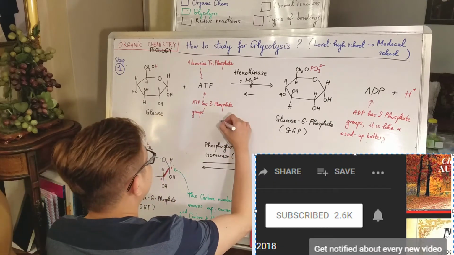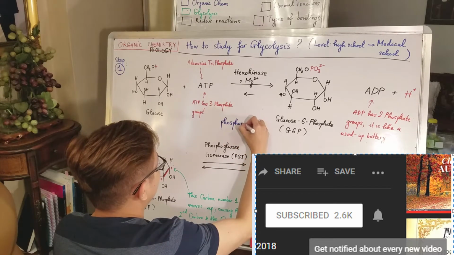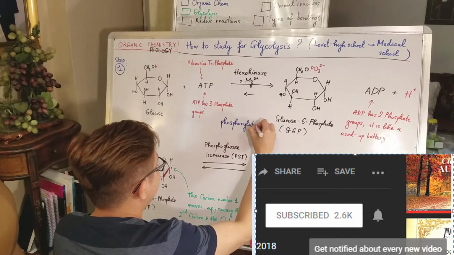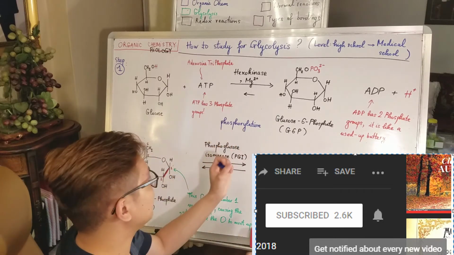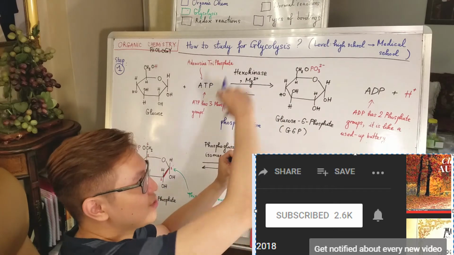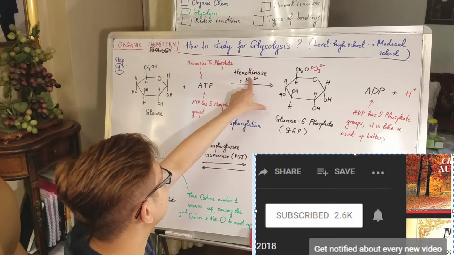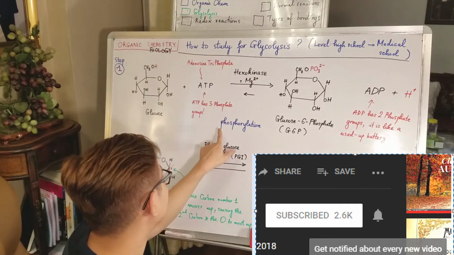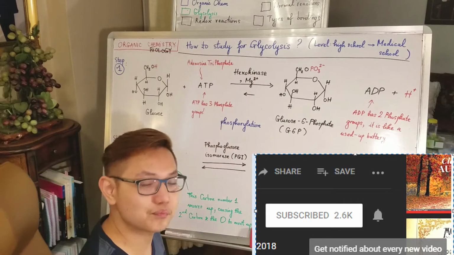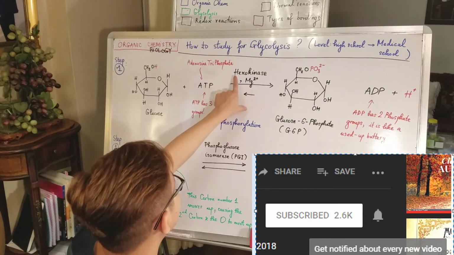Wait a moment, phosphorylation. So phosphorylation is the adding of a phosphate group into something. So in other words, I could say the kinase enzyme will help a molecule to undergo phosphorylation. Okay, kinase. In this case, hex,